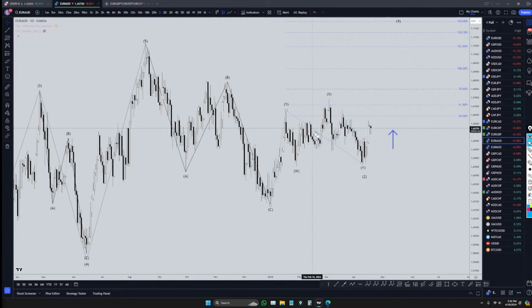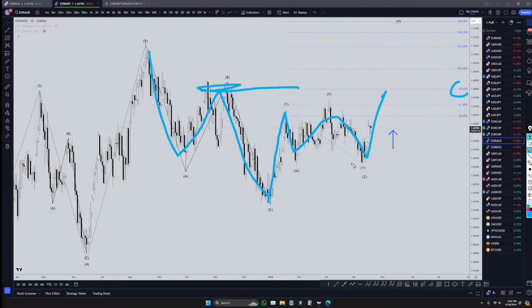I kind of think I originally had this labeled as an ABC as a 1, 2, 3, but I don't think that's true anymore because of correlated pairs. We spent a lot of time going over these pairs recently, and I think this is more likely a 1, 2, 3 down. I think this is 1, 2, 3 up, probably to the 78% because that lines up really well with this support right here. And this is probably going to be an A, a B, and a C. And it's either going to be a W, X, Y, which would lead to 333, three waves down, three waves up, three waves down, or it's going to be a 335 pattern.